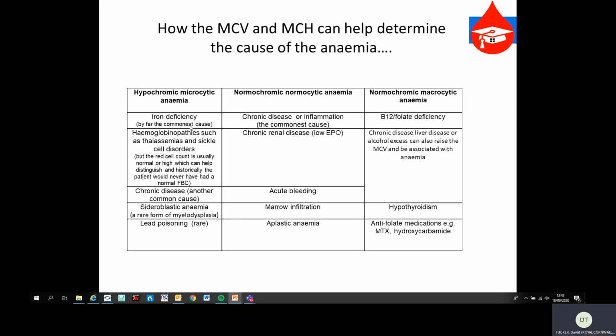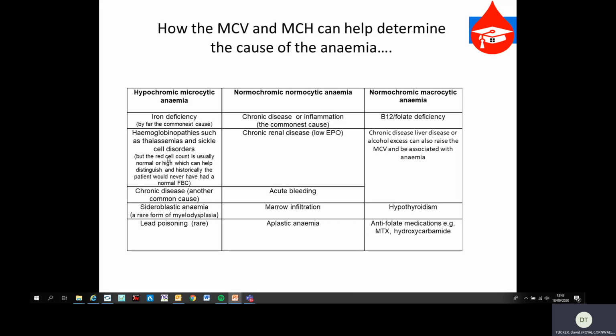A clue to this is to look back at previous results of the patient. If they've had previous blood tests done and there's been a downward trend in the MCV and the MCH, and this is tracked with the downward trend in the hemoglobin, then that tells you that the patient has been gradually losing iron and becoming iron deficient. If the patient has always had a mild anemia with a low MCV and a low MCH, and has always had that as far back as you can see,